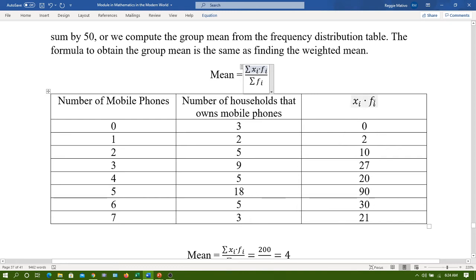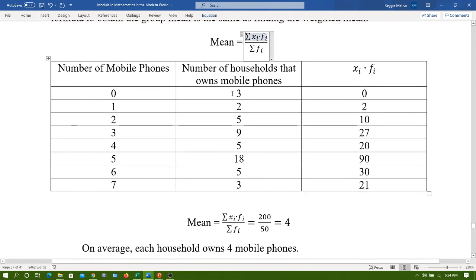Again, this is the product of these numbers times these numbers. So individually, by row, you solve them. And then the next step is you get the summation. That means you add all this and then get the value. And then you add also these numbers and get the value. So